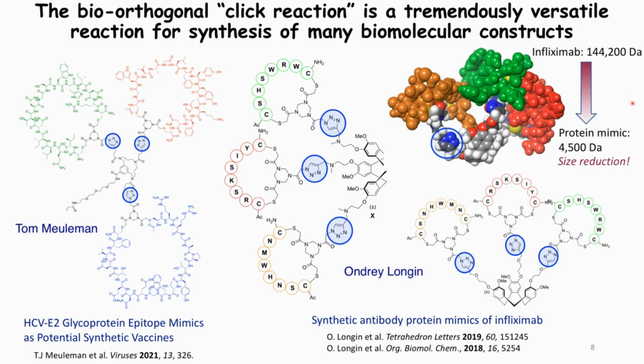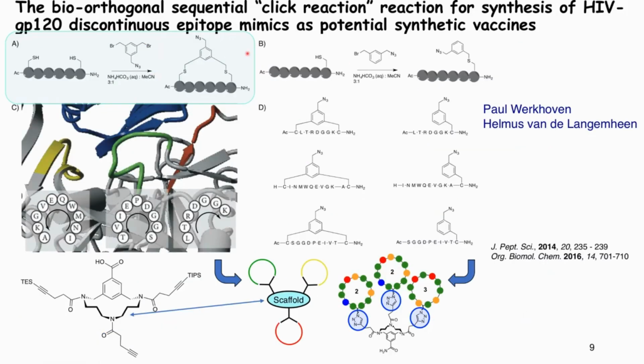It's important to realize that these protein mimics are considerably smaller than the native antibody. So that has some potential for alternative treatment. So we could use it for synthetic vaccine mimics. We can use it for synthetic antibody protein mimics. And another example of that is the mimic of